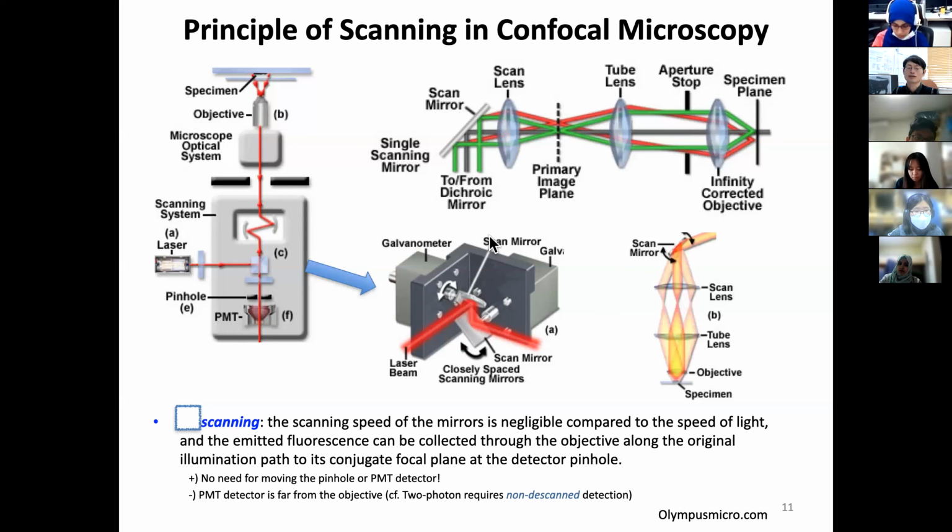So this is the point I want to make, and here is how the scan mirror works for scanning in this one direction. And with this way of scanning, you don't need to change the pinhole location if the pinhole stays after the scanner. It is called, let me see,